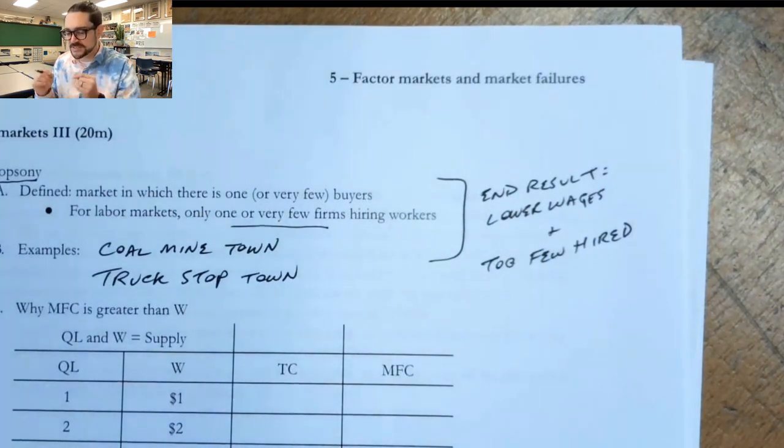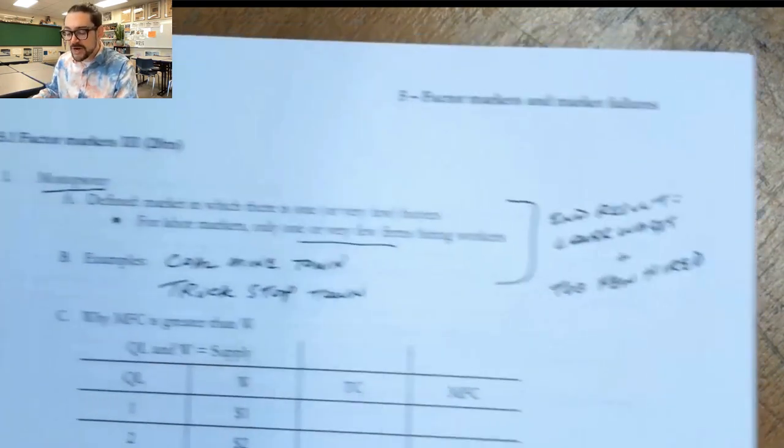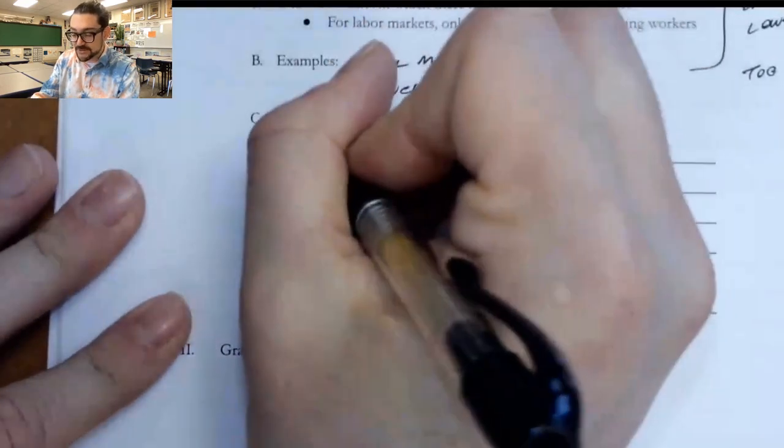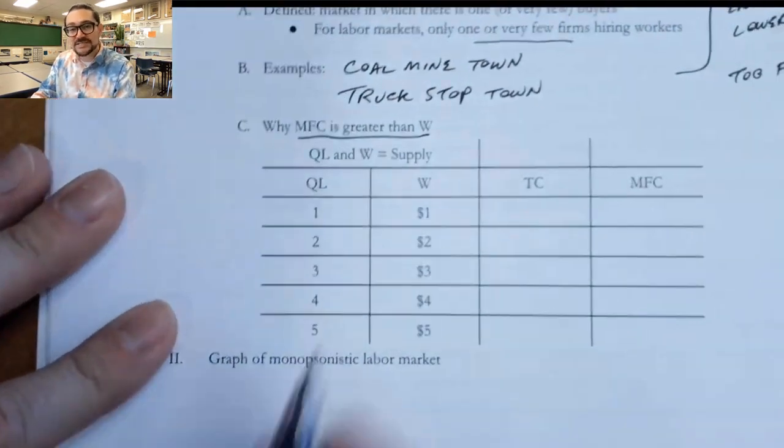Again, I'll say that one more time because I think it's so important to notice the parallels in this. A monopoly charges too high of a price and they sell too few, whereas a monopsony buys for too low of a price. Basically, they're only willing to pay a very low price and they buy too few. And in the case of a labor market, that would be like a firm paying its workers way too low of a wage compared to what would be competitive, and they're not hiring enough workers. The reason for that is because MFC is greater than the wage. That's why this is going to occur.